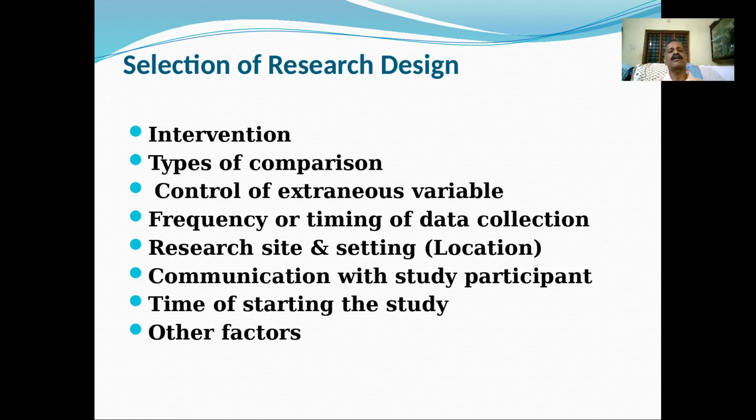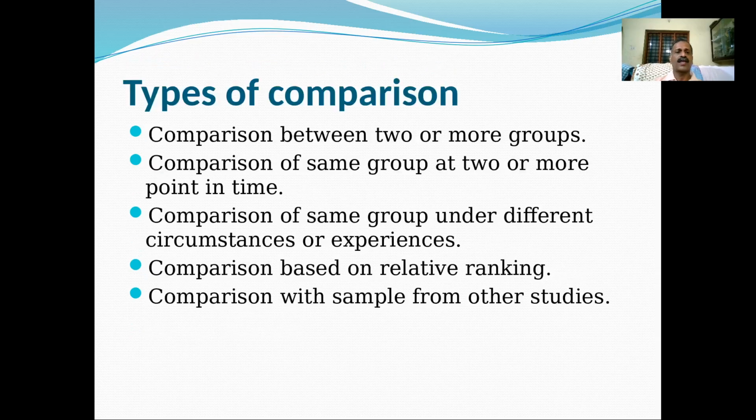And even in the literature, we have comparative literature. Comparison is always done in research. So what type of comparison? That is what we'll see. These are the different types of comparisons. A comparison can be done between two groups or more groups. As I mentioned, the maternal mortality rate of India can be compared with the maternal mortality rate of Pakistan, China, or the United States of America. So we know where we stand. This is a comparison between two or more groups.